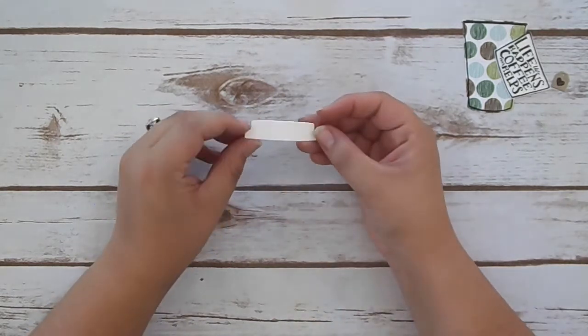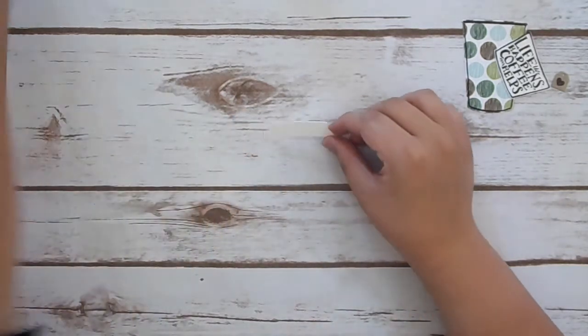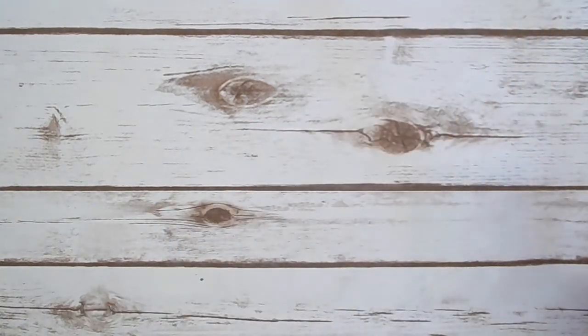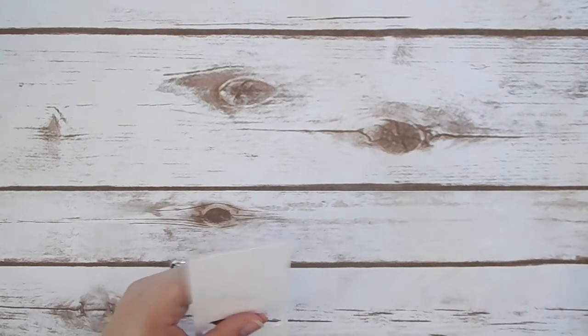I need 2 of these little lids. So let's go ahead and I'm just gonna move these pieces out of the way to make sure that oh,